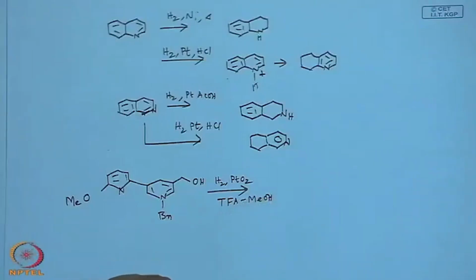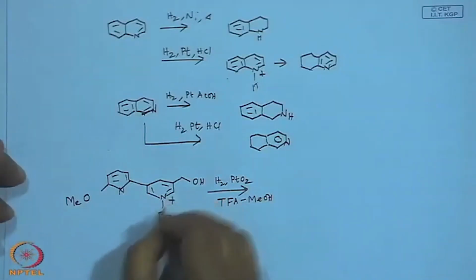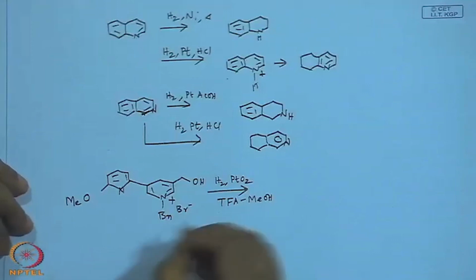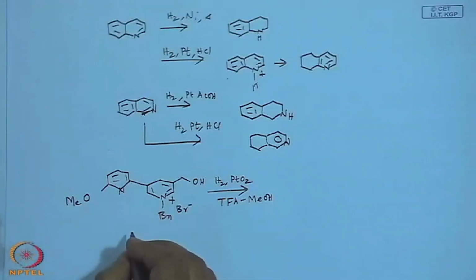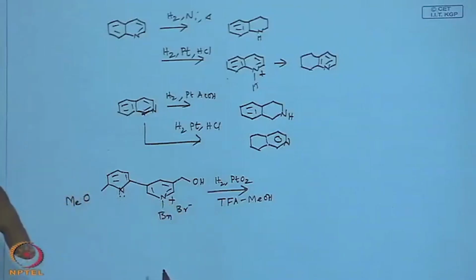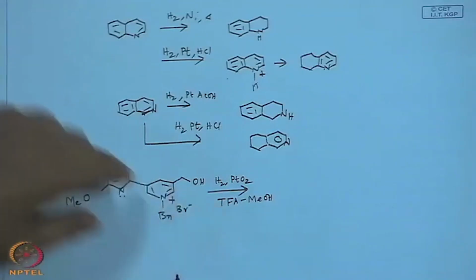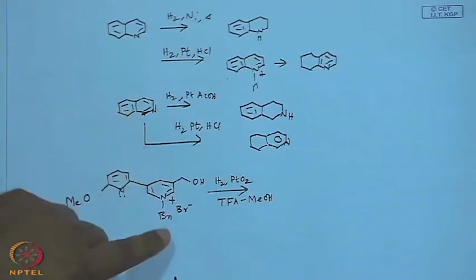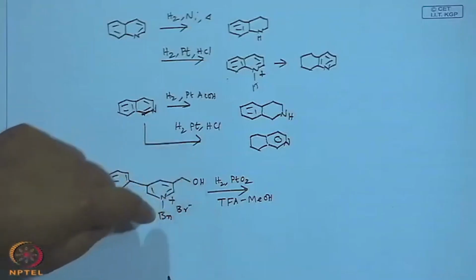So, what do you expect? Let us say this is a pyridinium ring and a pyridine ring. So, that means after protonation both the rings become electron deficient, it is a matter of choice. Now, if you protonate this nitrogen lone pair here, both become pyridinium, but since you have plenty of trifluoroacetic acid, almost 100% pyridinium ion is formed, and since it is an alkyl group up here, the benzyl, there is a likelihood that the ionic character on